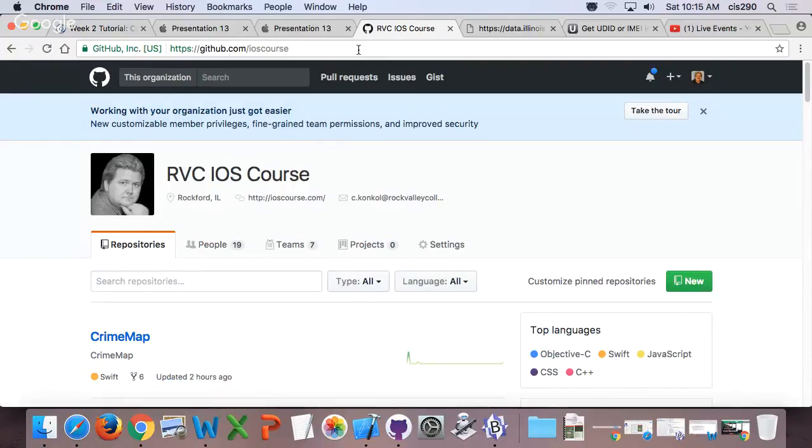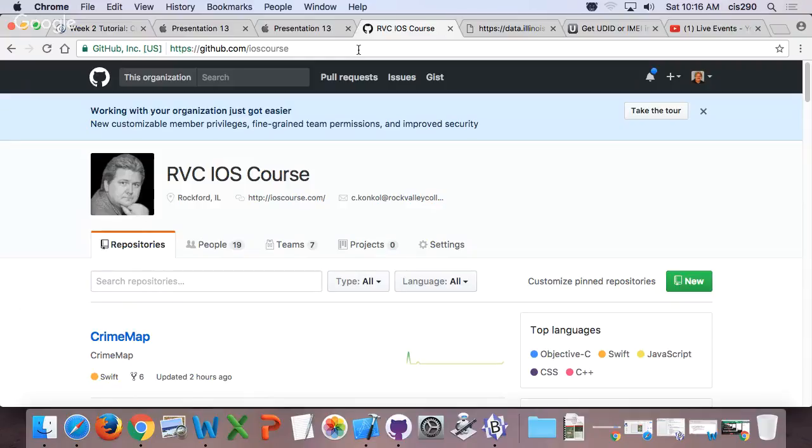It should be github.com, iOS course, and just leave it there. You need to go to GitHub Desktop Preferences, then go to Accounts and log in. And github.com iOS course, again, is where I put all the code, source control